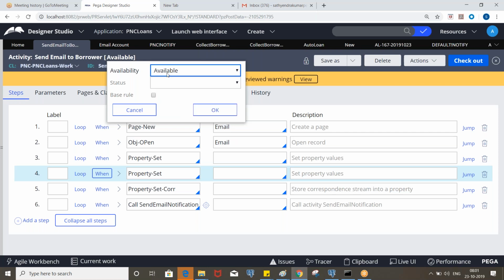The default option is always available. If you make it not available, then that particular rule will not be picked.